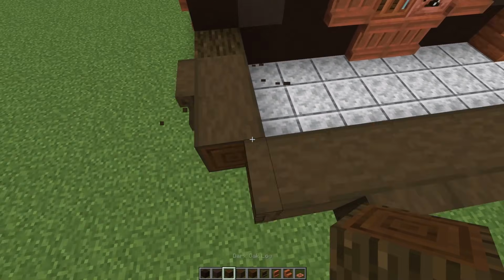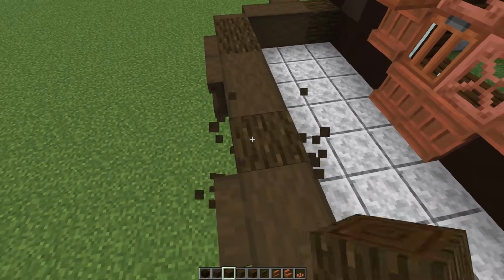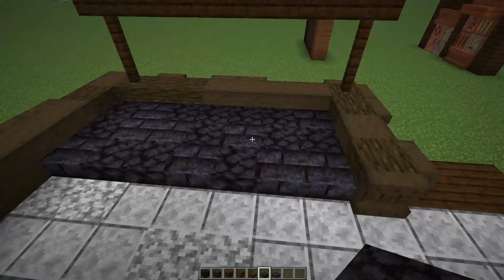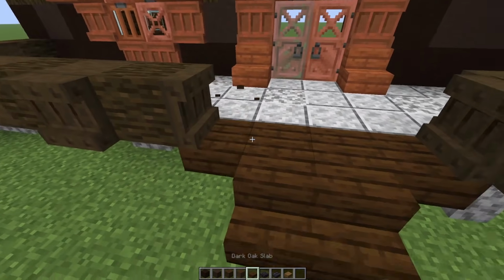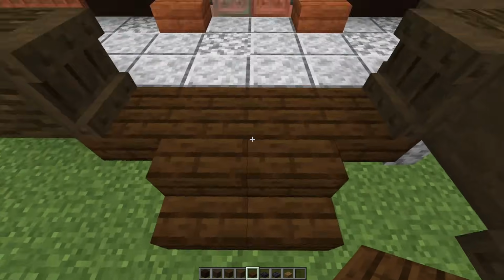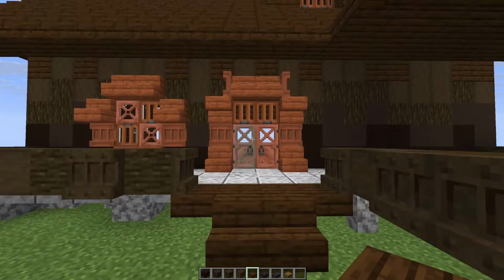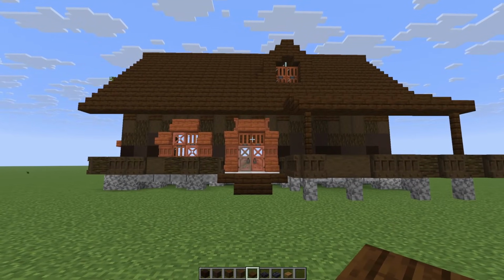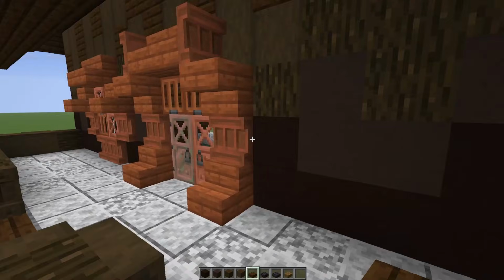I'll probably take some dark oak logs too, just to make it a little diverse. That works. That works. I don't love the stairs. It's so much more colorful than all the other woods, so it's difficult to work with. But I think if I don't think too much about it, it's fine.